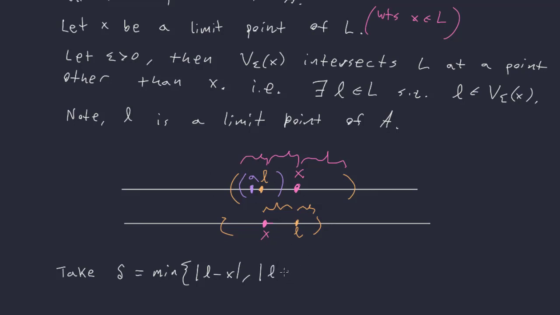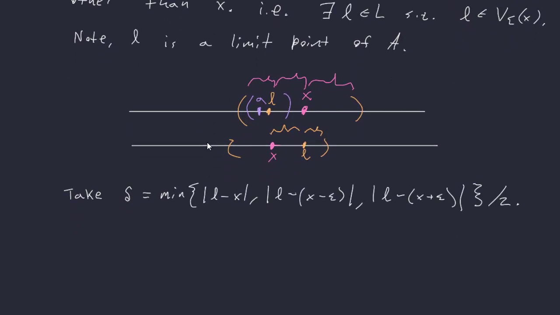So that's going to be l minus X minus epsilon, and then the distance l minus X plus epsilon, right? So we're just going to take the minimum of one of these three, and I'm just going to go ahead and divide it by 2. Now, since l is a limit point of A,